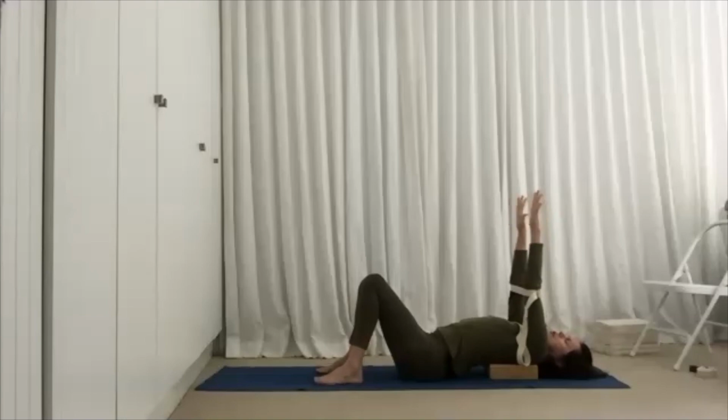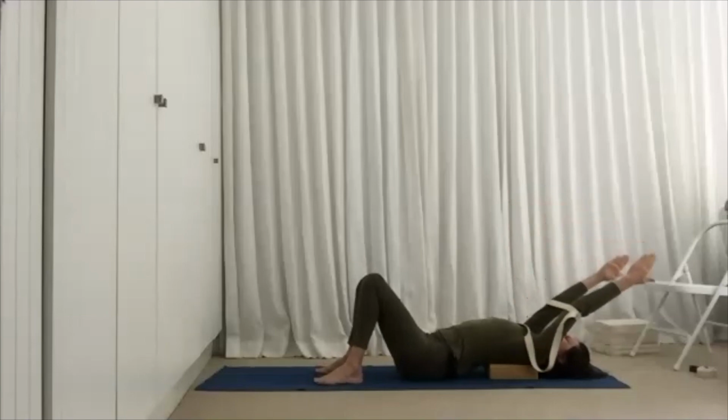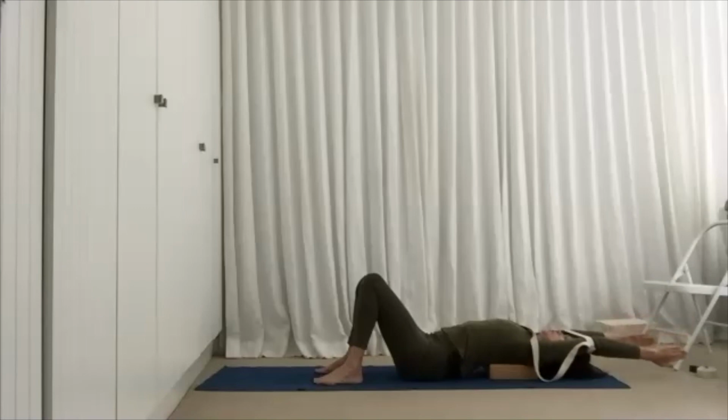Maintain that action and turn your palms to face each other. Extend from the belt to your fingertips. Extend from your belt to press your shoulders into the bricks. From that, shoulders down the back body, upper buttocks towards the heels, even if you already need to lift your buttocks and lengthen them. Now pressing into the belt, lock your elbows, take your arms up and over your head